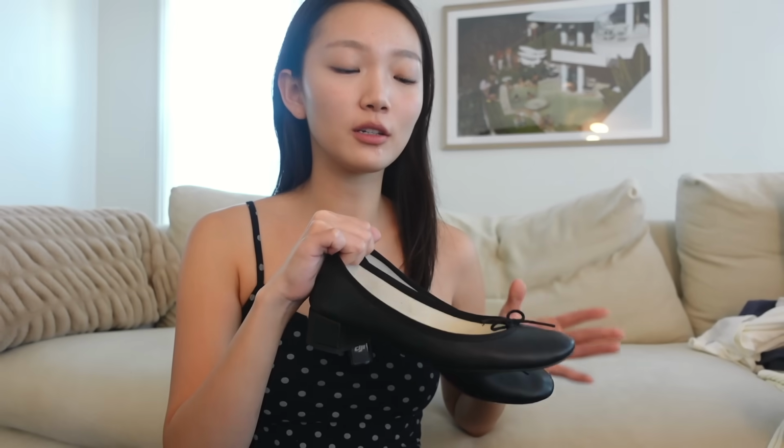I think it's going to replace my Uggs for the summertime. I have been wearing these with like leggings and sweatpants, just slip them on to go outside because they're so easy to put on and so comfortable. It's kind of a vibe. Okay, and then